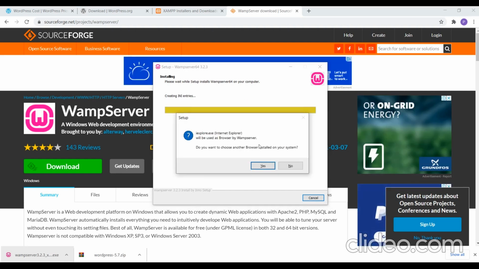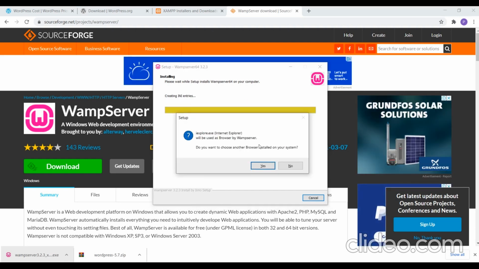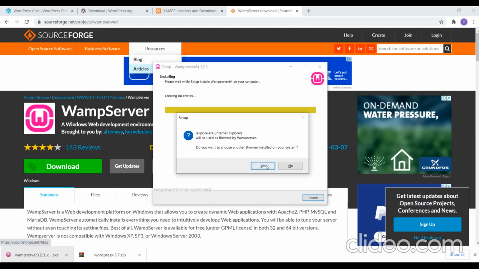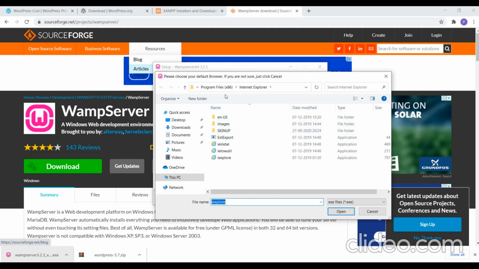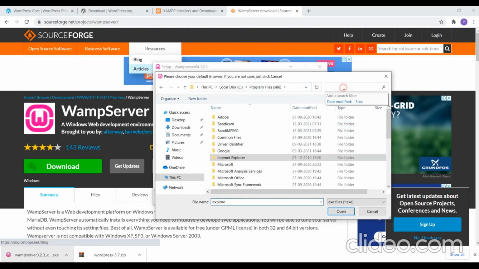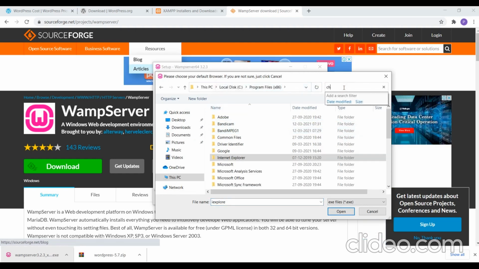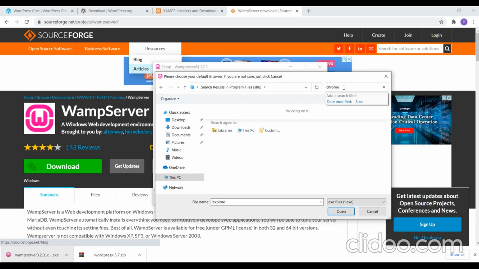So once you have finished with this installation, you will get a prompting for selecting your browser. So if you want to select any other browser, just you can click yes, and you can see where you have that browser installed in your C drive.